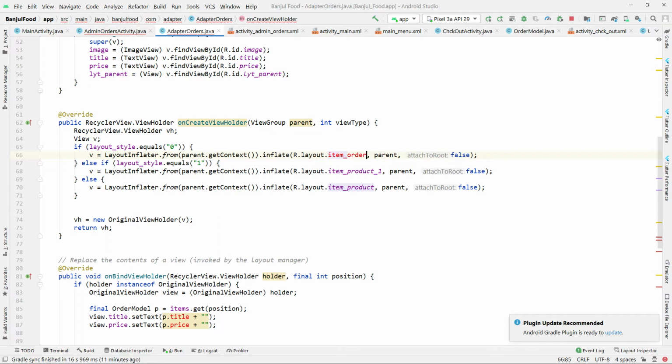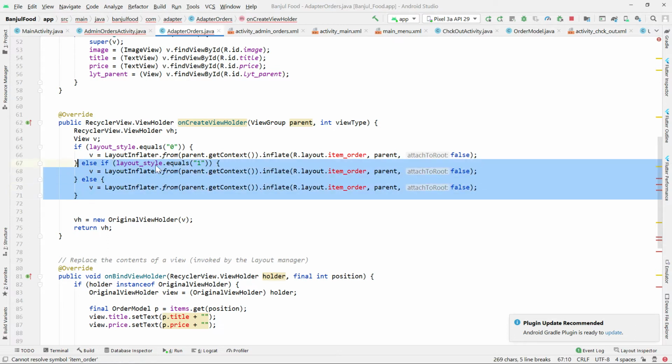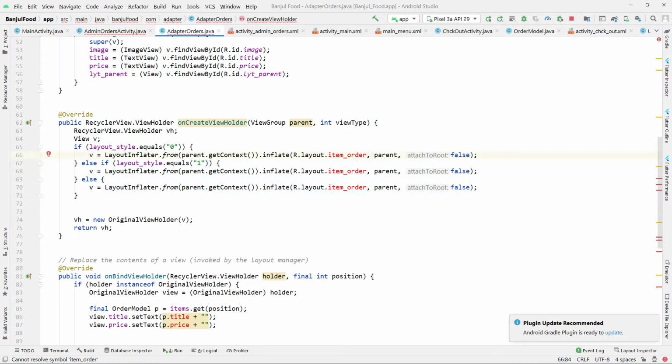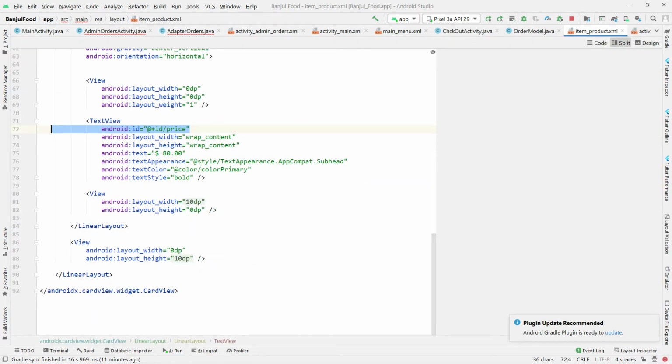Item order, and change this one also to item order, because we only have one type. Or you can just remove it and keep it one. Okay, item order. So this one is not created yet. What I'm going to do is go to this layout and duplicate it and change it to item order. Press Ctrl and click on it, and it will take me to this